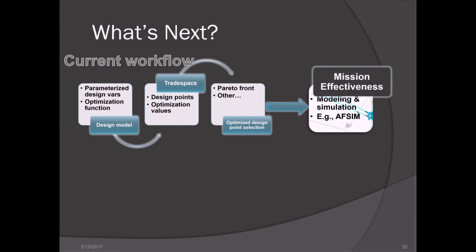At this point, the reduced set of design points are sent for mission effectiveness measures. This is where we get into modeling and simulation software such as AFSIM, Combat 21, and other things like that. The problem with this workflow is that you've already reduced your design options before you get to